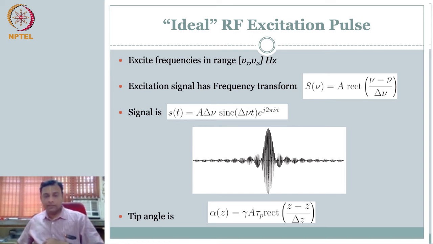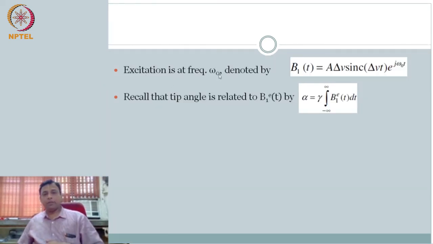So if this is the ideal signal that we are applying, what is this signal? We are applying this to your RF excitation. That is your B1 magnetic field. B1 has to rotate, and that is given by this S of t. This is the input. So excitation at a particular frequency, we know how to denote, right? It's a sinc function with a particular frequency.